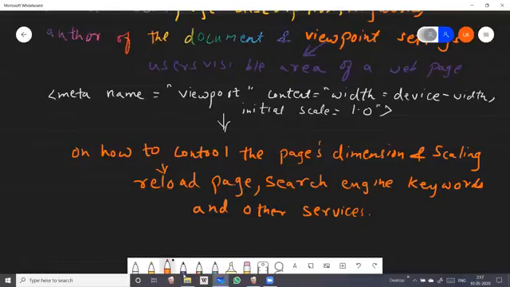Okay, so I'm repeating again, students, what is metadata? Metadata or meta description tag is the data about data which is used to boost on-page SEO, that is search engine optimization, and it is having a snippet between 70 to 160 characters.